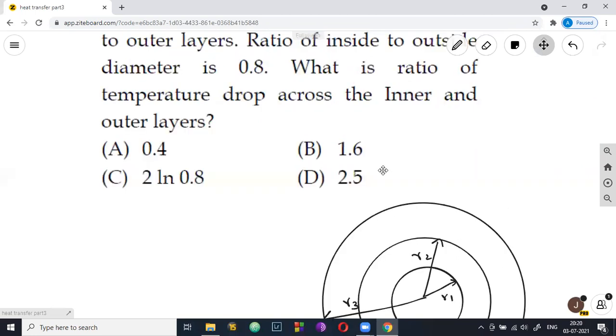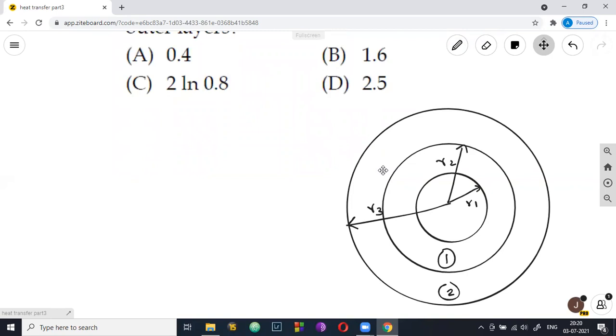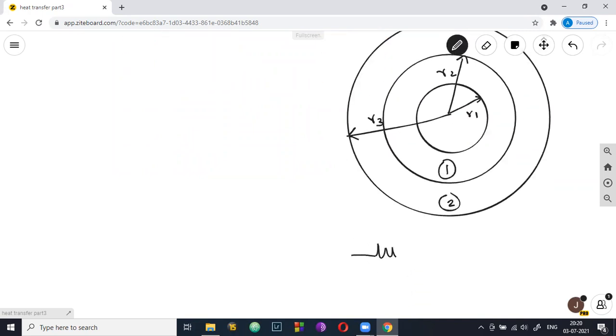So if heat transfer rate is same, this is a series network, you understand, right? A cylinder one over the other is actually a representation of a series network in terms of resistance when the direction of heat flow is radial in nature. So this can also be taken as resistance in series. We have discussed this in theory. So R1 resistance, R2 resistance. For a series network, the heat transfer rate through one layer is always the same.